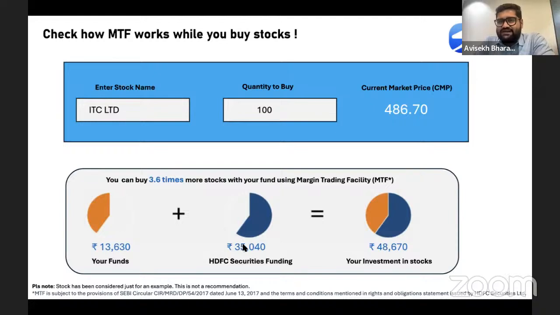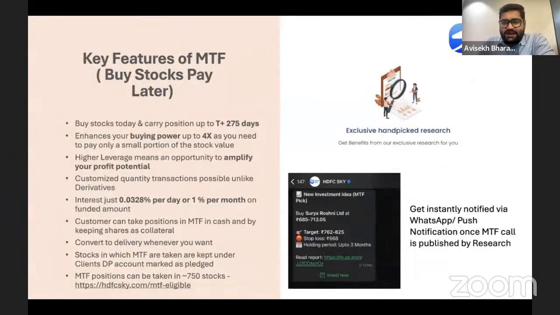But now, say after 10 days, you feel that no, I don't want to continue this position in MTF as this much fund is available with me now and I can keep it in delivery. So that option is also available. Once you have taken an MTF position, you can convert it to delivery. So there is no issue in that. I will take one position and show you how you can convert your position to delivery.